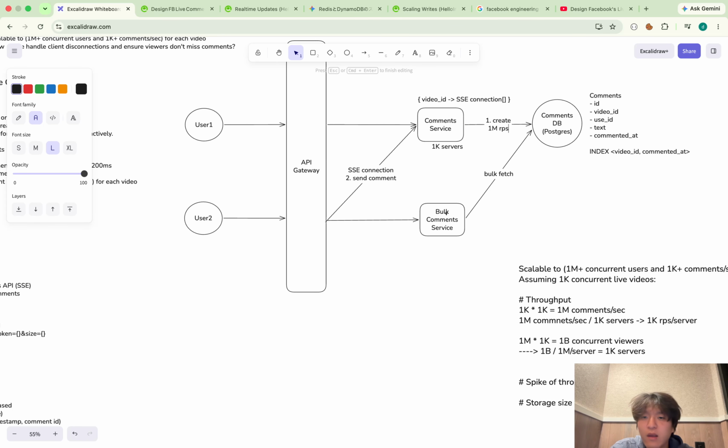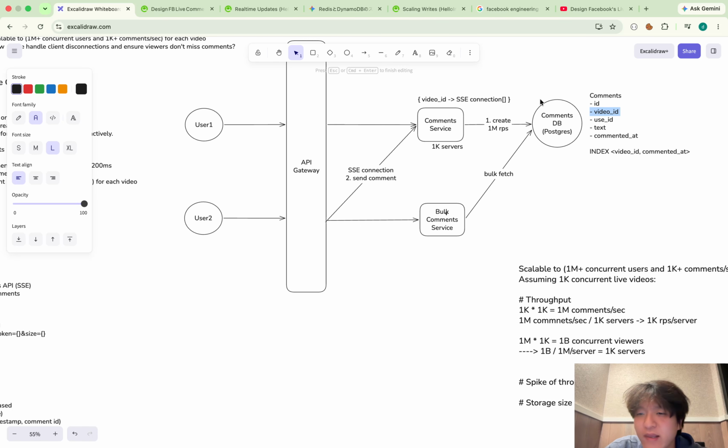Yeah. So this is quite heavy because for PostgreSQL, typically each server can handle around 10K writes per sec. So what I can do is use sharding. So I can shard the database by video ID because comments are basically sorted by the video.